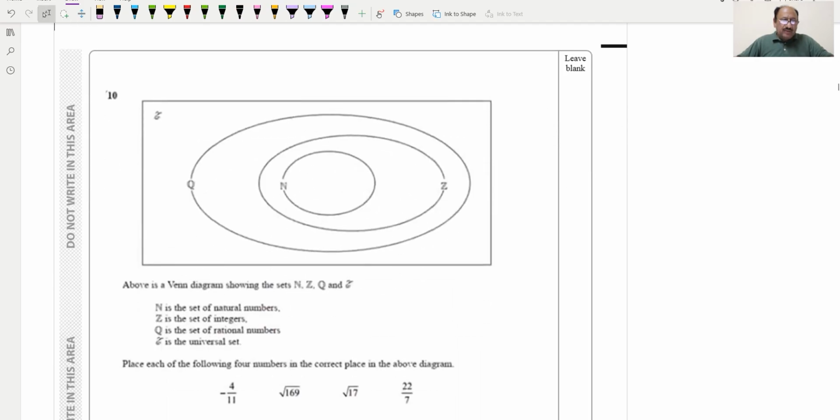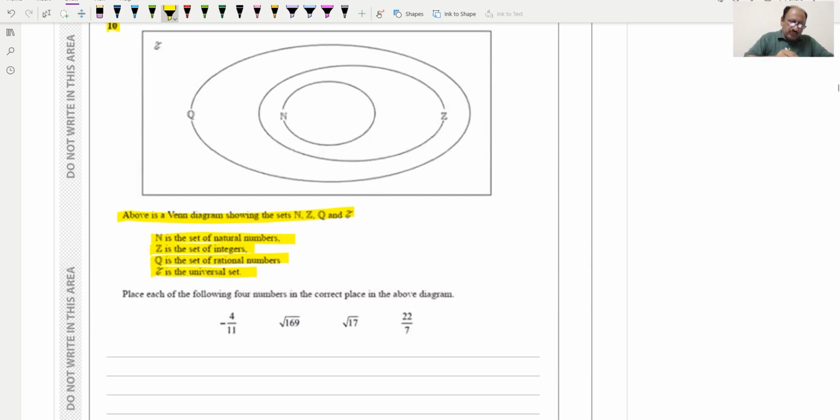Now question number 10, and this is a Venn diagram question. Above is a Venn diagram showing the sets N, Z, Q and a universal set. So N is the set of natural numbers, Z is the set of integers, Q is the set of rational numbers, and this one is the universal set. Place each of the following 4 numbers in the correct place in the above diagram. So if we check these numbers which are provided,